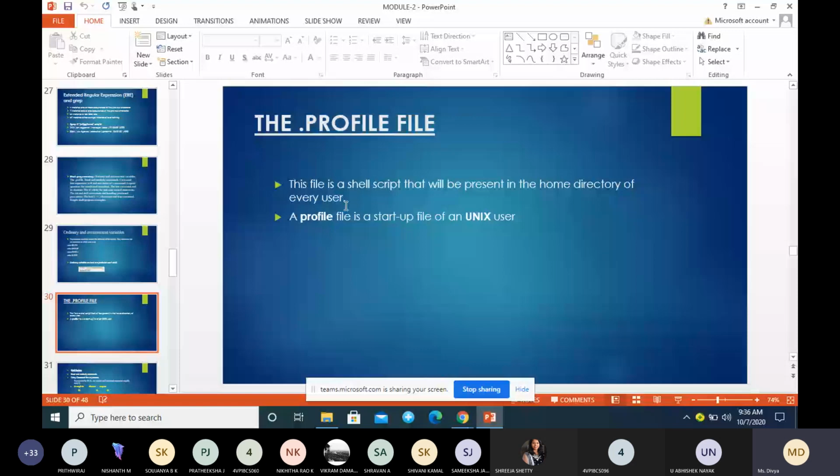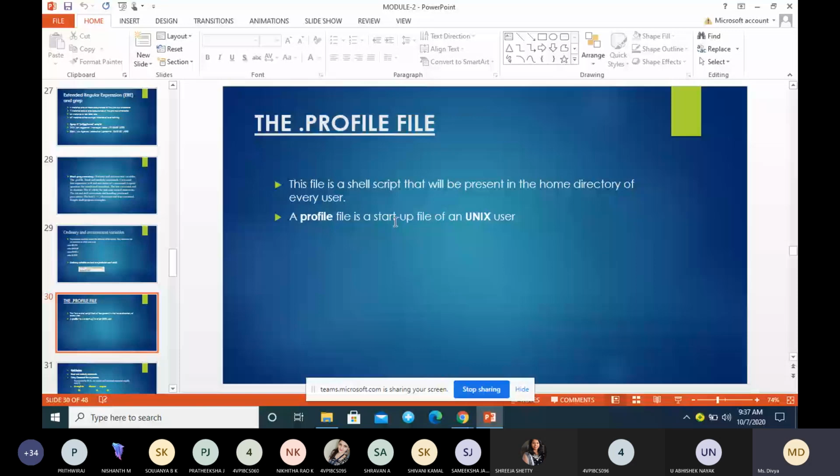Whenever we are starting the Unix system, this file will be used as a startup file, or we call it a boot file. It will have information like what type of terminal you are using, and what paths will be used by the shell to search for and execute commands. All those things will be there in the .profile file.